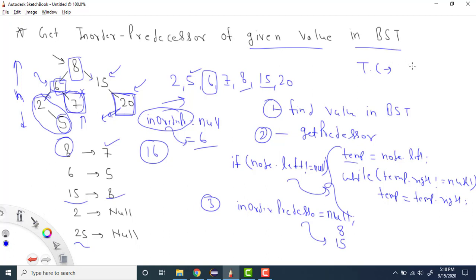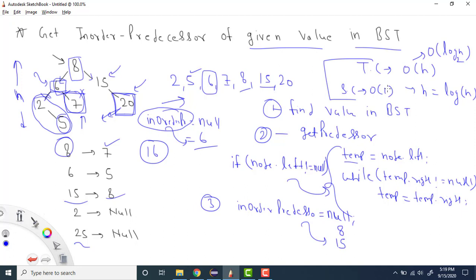So it means my time complexity will be equal to big O of h, where h is the height of the BST. Right, so whatever the height of the BST, that will be my time complexity. And generally if you have n nodes, my height is log of n, right? So what can I say, that my time complexity will be big O of log n, and which is base 2. Now if you talk about the space complexity, as such I am not using any extra space, so my space complexity will be big O of 1, right? So these will be my time complexity and space complexity to solve this question.